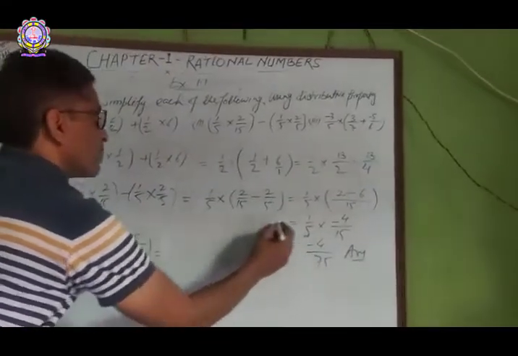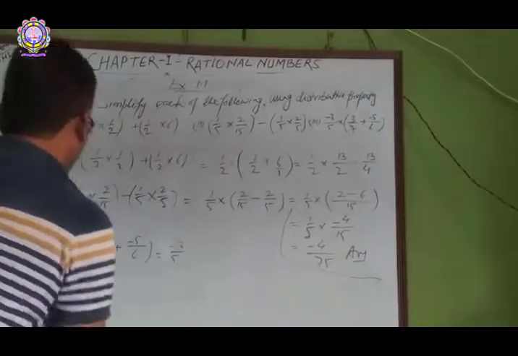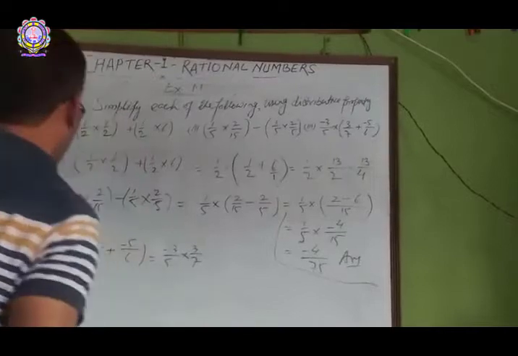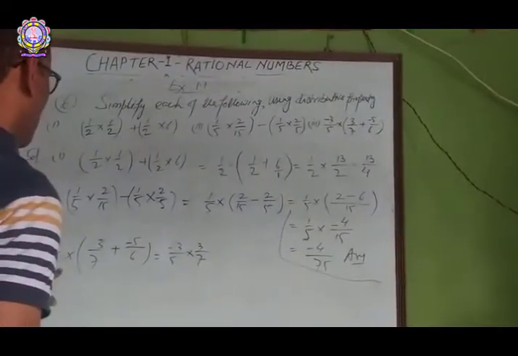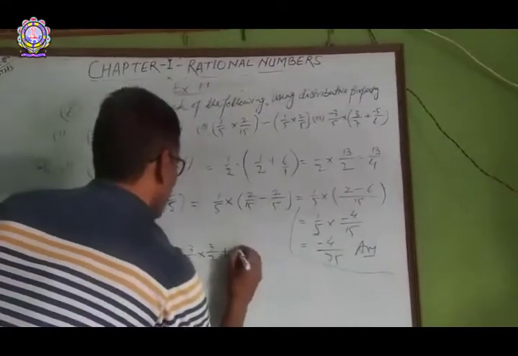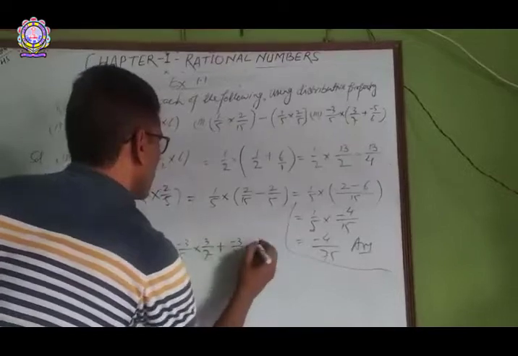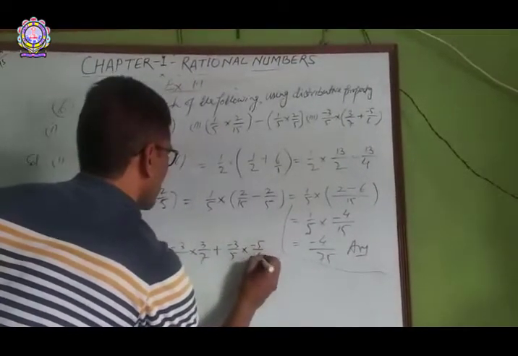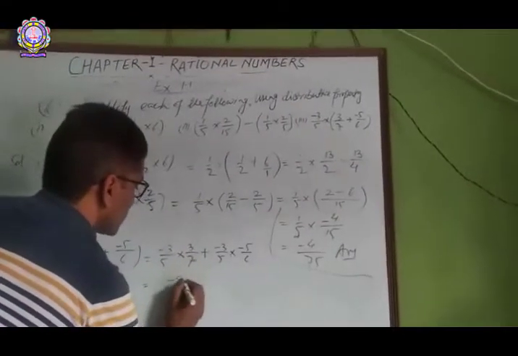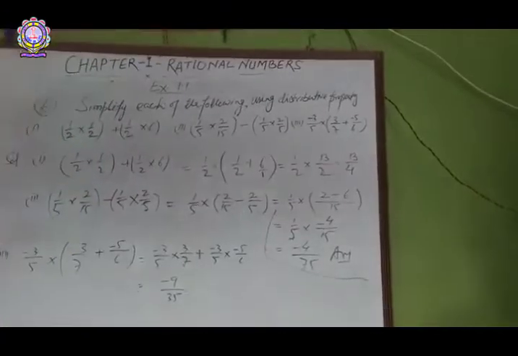You can multiply it. Minus 3 upon 5 into 3 upon 7 plus minus 3 upon 5 into minus 5 upon 6. This will be equal to minus 9 upon 35